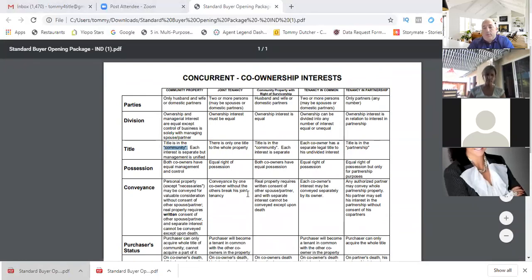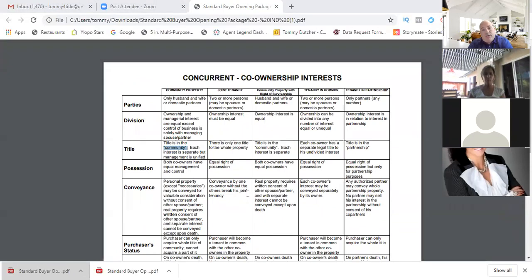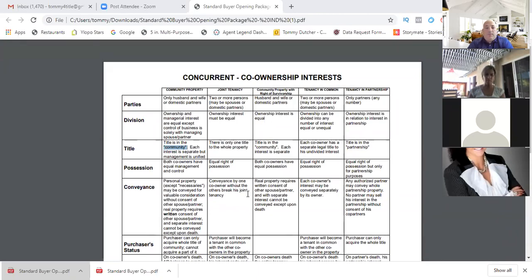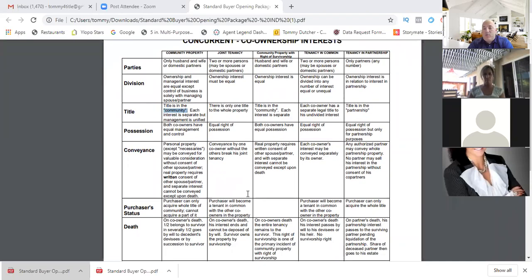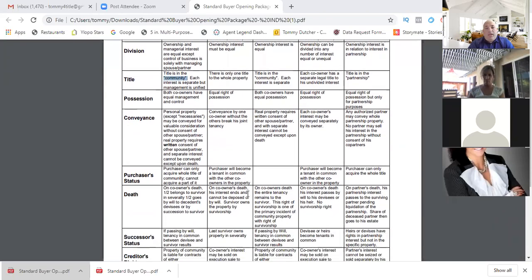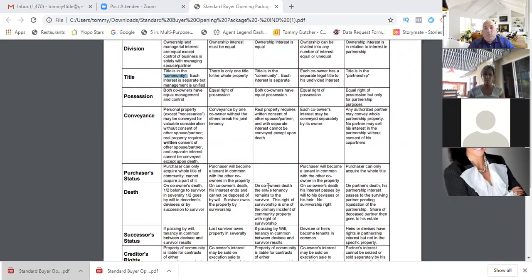So community property with rights of survivorship. It's between husband and wife or domestic partners. Ownership interest is equal. Title is, again, in the community between the two. Each interest is separate. Both owners have equal possession, and real property requires